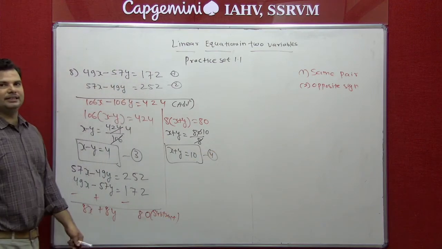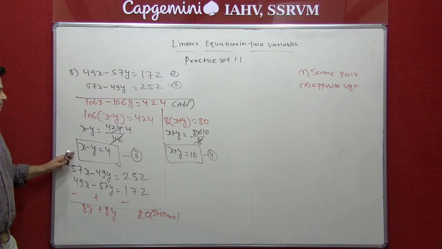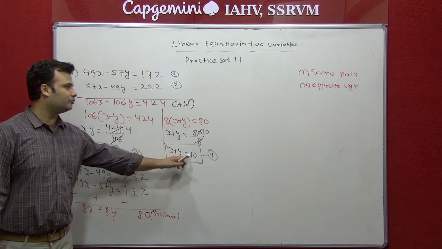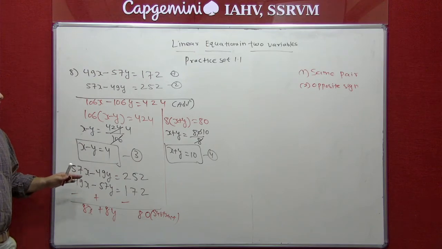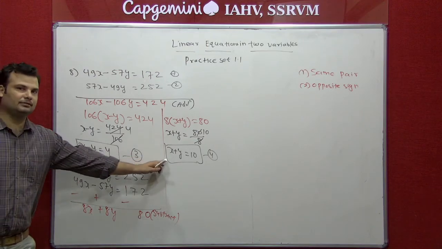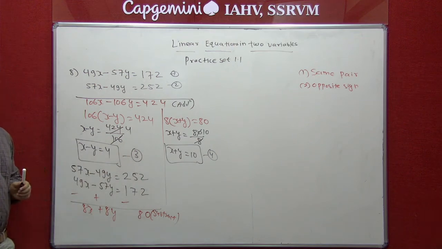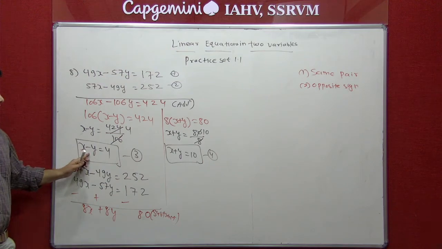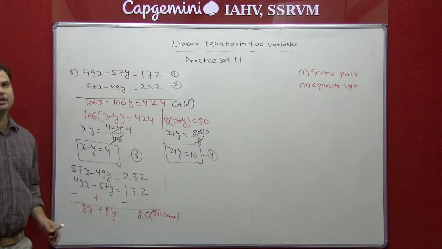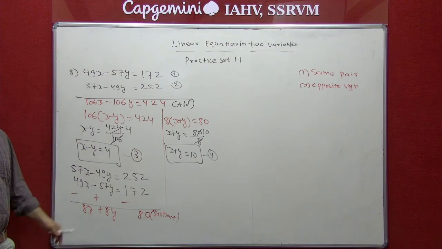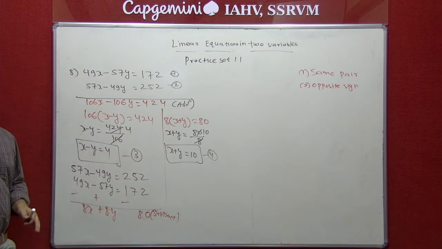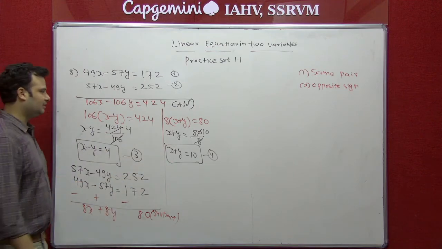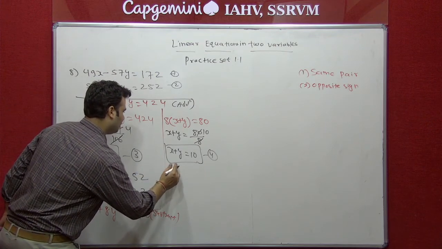So student, again you can see there are two variables. Again x minus y equal to 4 and x plus y equal to 10. Now you can see there are two parameters, same pair and opposite sign. Already in the same pair, x, y and y, and opposite sign. x and x are both positive, but we require opposite sign. So minus y and here is plus y, and we have the opposite sign also. So simply we can add equation number 3 and equation number 4. That time we will get only one variable, either x or y.